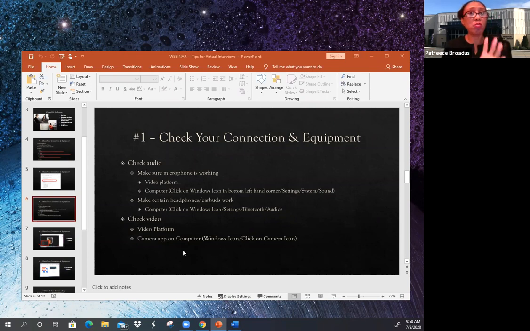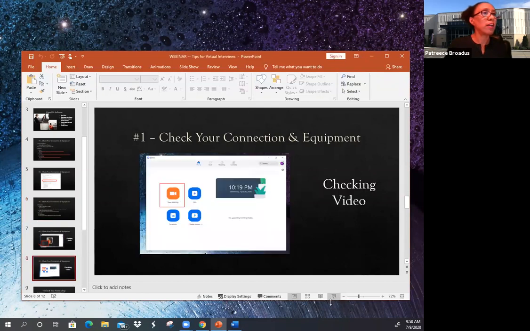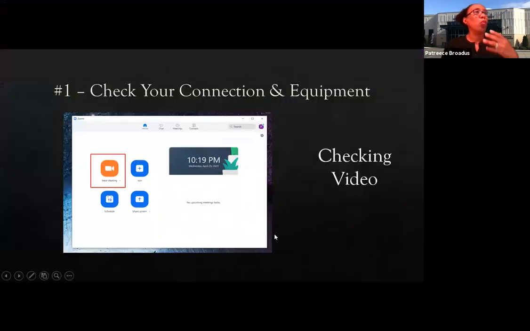So utilizing Zoom, which is what we're doing now, one way that you can do this is sit down, obviously, before your interview time. What you can do, let me show you this. We've done audio. Let's go here. When you open up the window for Zoom, when you open up that platform, you'll get this particular screen, whether you are sitting down at a laptop or whether you are on your phone. One of the things that you can do is click on New Meeting.